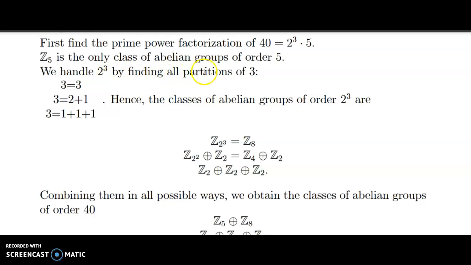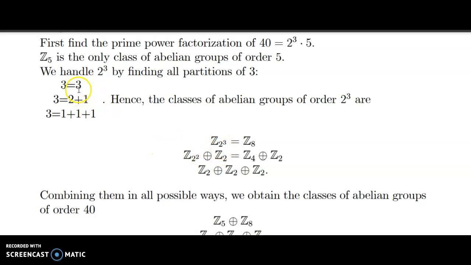Then we handle 2 cubed. Take the exponent and then write that 3 as a sum of non-negative integers in all possible ways. The order here to the right is not important, so you don't need to write 1 plus 2. Because 3 can be written in only 3 different ways as a sum of this kind, there are 3 isomorphism classes of abelian groups of order 2 cubed, and they are